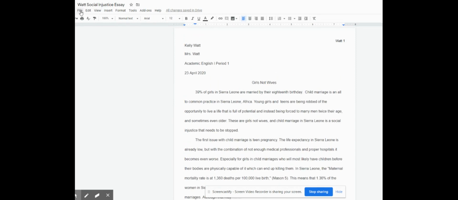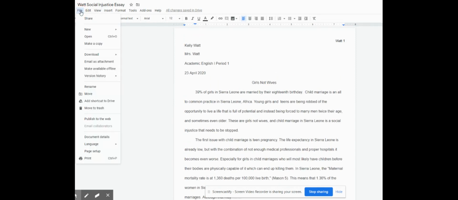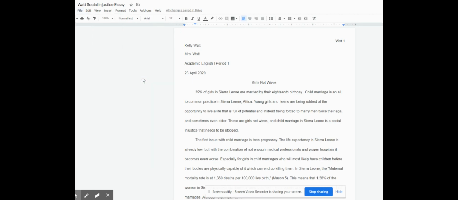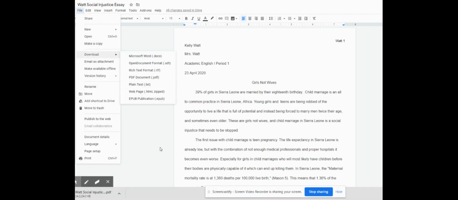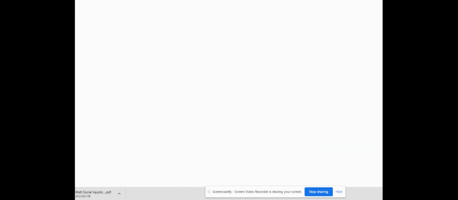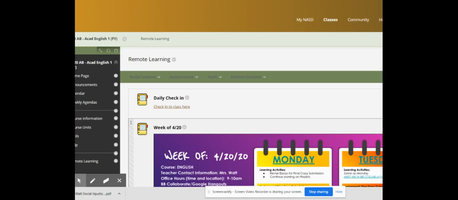So you're going to go up here to File. This is important. You're going to hit Download, go to PDF. So here, it's File, Download, PDF. Click that. Oops, I got to go back in, download. Oh, it worked. And then in Blackboard, okay, so this is our remote learning tab, which is also your landing